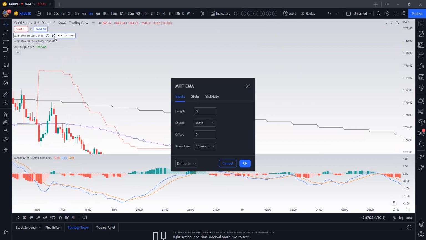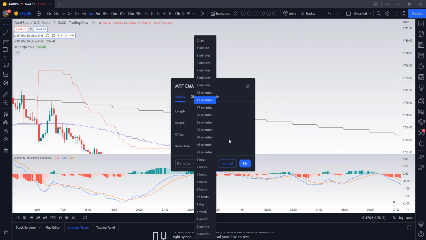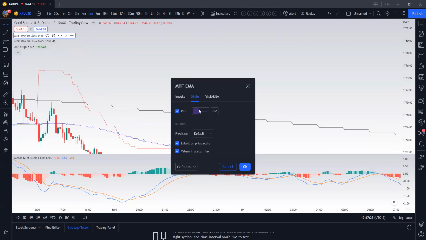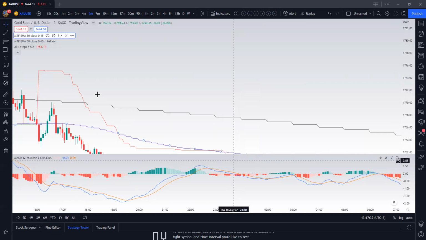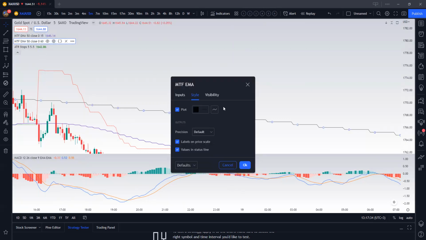With the MTF EMA, we're going to put the length to 50. We're going to put the resolution to 15 minutes, and plot it in the color purple. Then press OK. Then for the second one, put the length 50, put it on 1 hour, and plot it in